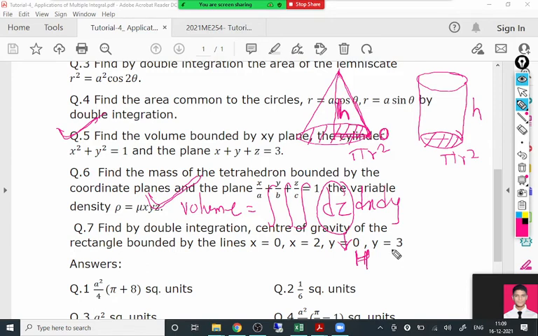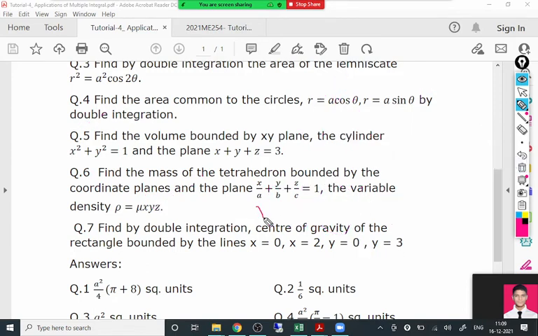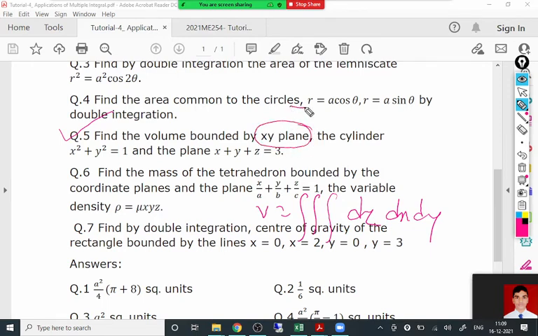In this case, z is not a constant in the given question. Let me write it again. The volume V we write as triple integral dz dx dy. Can you find the limits of z for question 5? What are the limits for z? What is the minimum value of z? 0 to 3 minus x minus y. Very good. Remember, all the solids, whatever we are given, start with the xy plane only. So for the xy plane, z is 0.